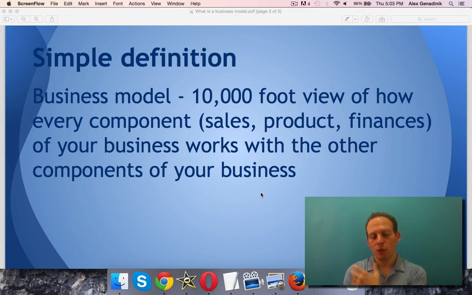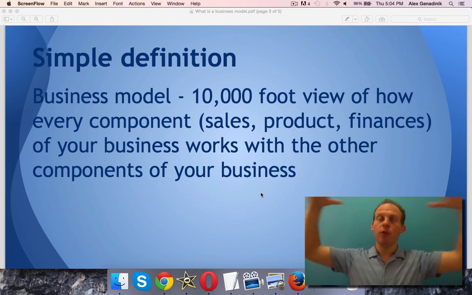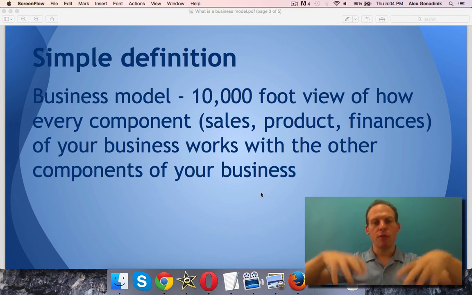There are some pretty complex definitions for this, but let's start with a simple one. We don't necessarily need the complex one. Think about the word model. Think about an example of any model, like a little car model, or in architecture, first, instead of building a building, they make a little model of the neighborhood so that you see how it will look. And if they like it, they will decide to make it bigger. So it's kind of like a 1,000-foot view on the different components of your business.